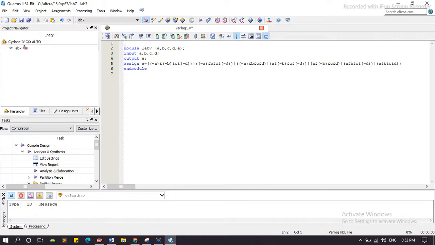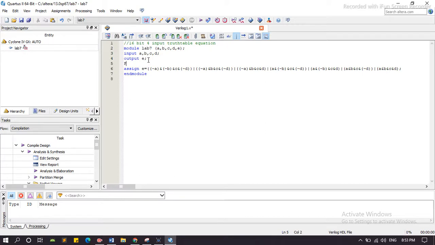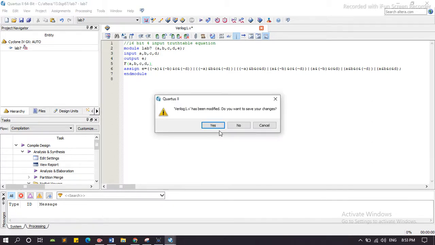We write here the 16-row, 4-input truth table, and here is a function f of A, B, C and D. Now we run the simulation.